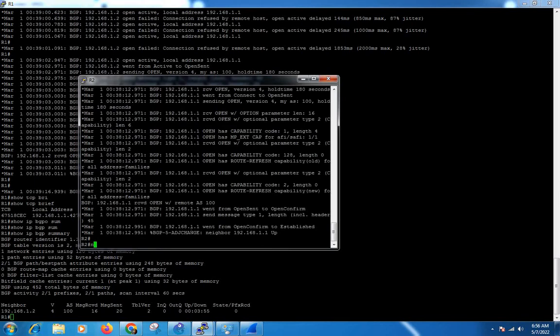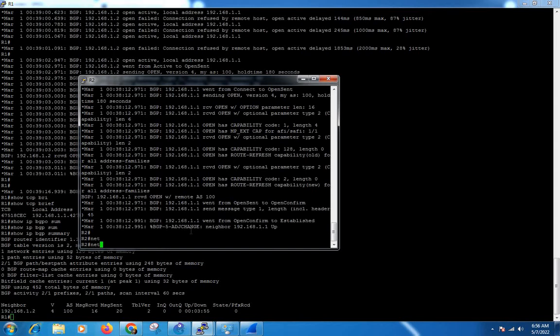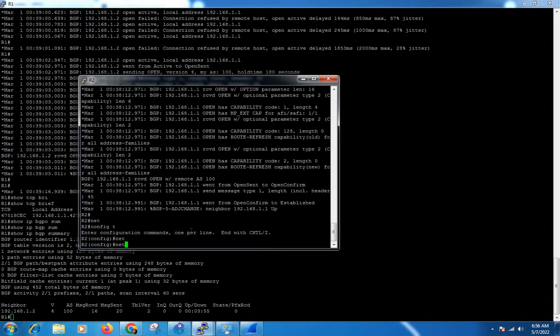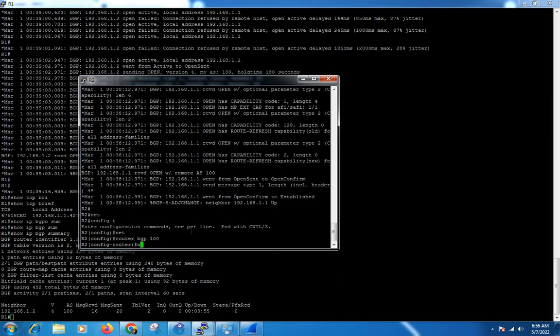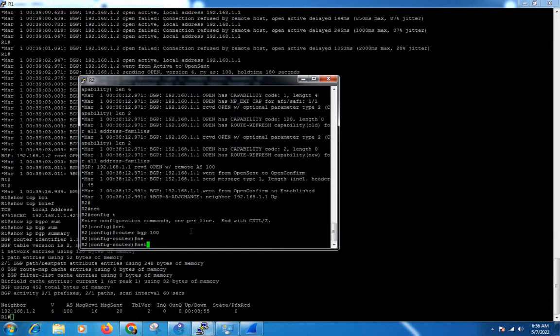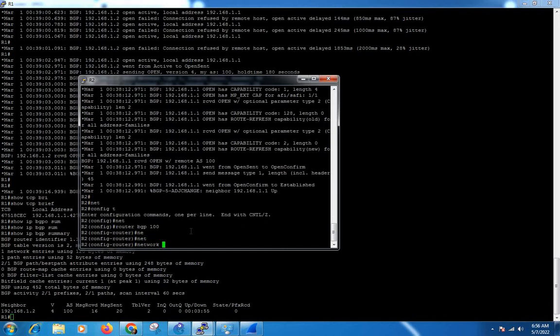Configure terminal, router BGP 100, network 2.2.2.2 mask.